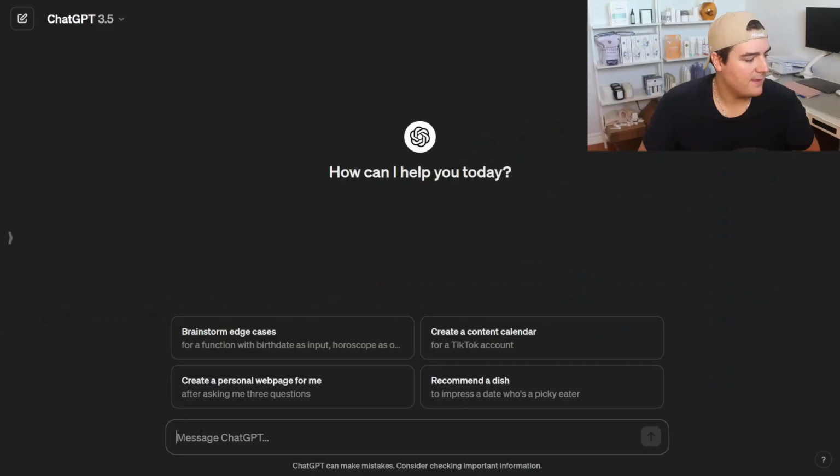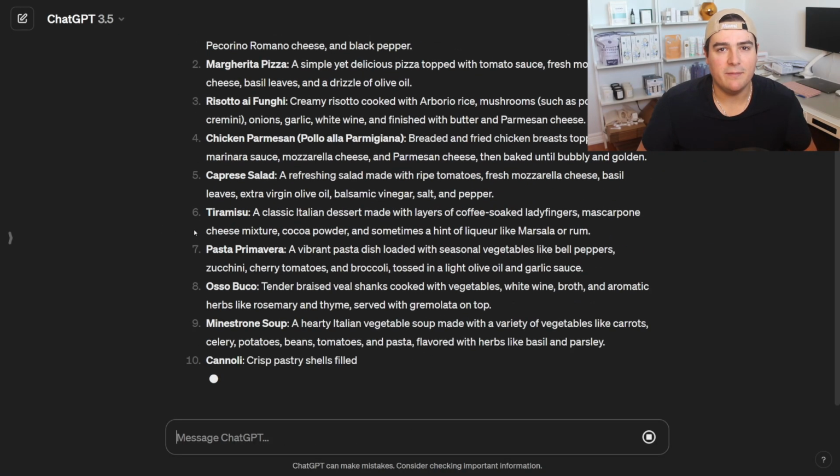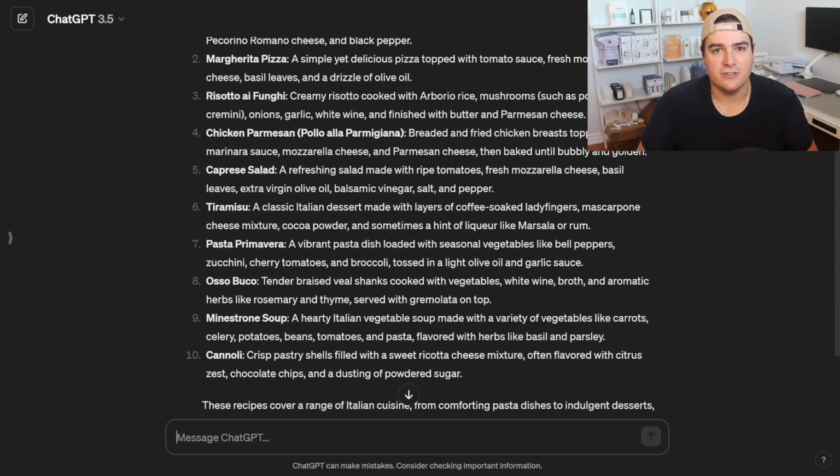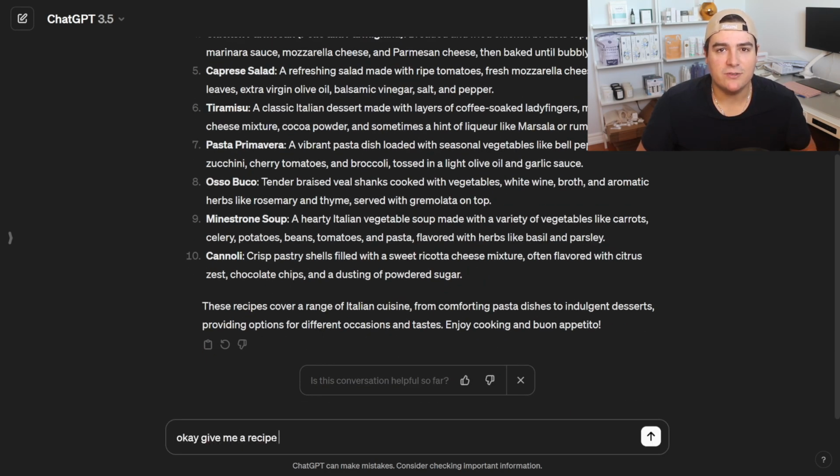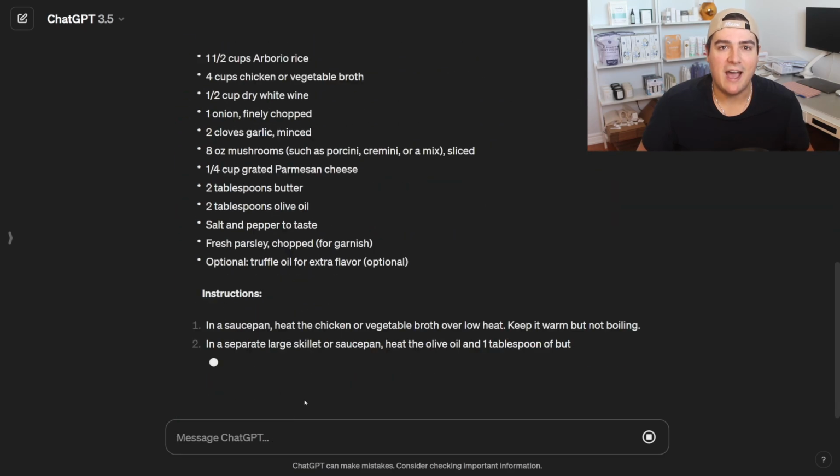Today we're going to cover 10 useful things you can do with ChatGPT right now. For number one, we're going to get some Italian recipe ideas and then pick the mushroom risotto to get some instructions. You can see ChatGPT generates those ideas and then gives us the instructions on how to actually make that